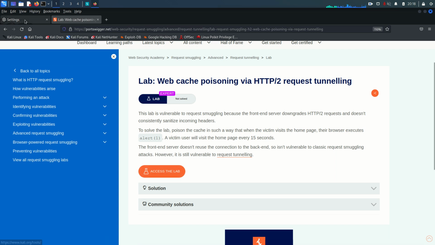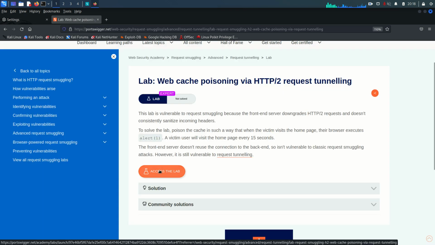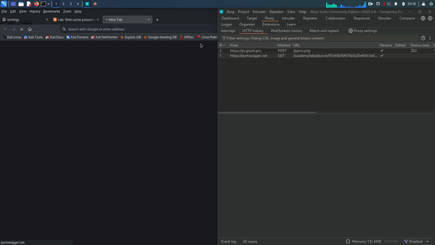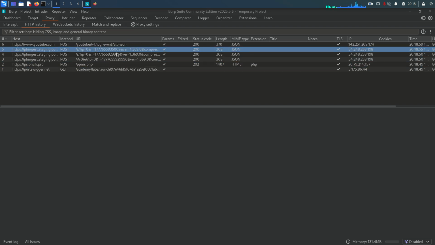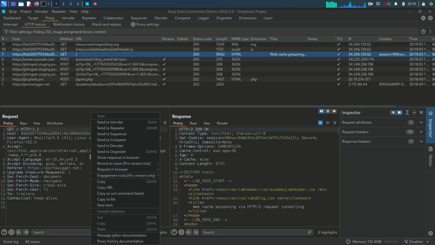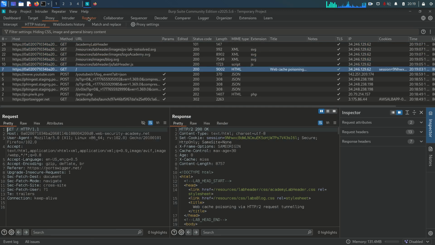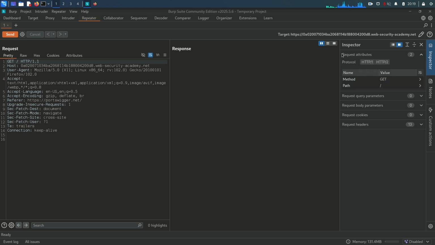I'm going to enable the proxy here and go back to our lab and access the lab. Burp proxy is working fine, and you can see we are starting to receive requests. First things first, I'm going to get the web root request and send it to the repeater. Go back to the repeater and make sure in the inspector section the request attribute is set to HTTP2,